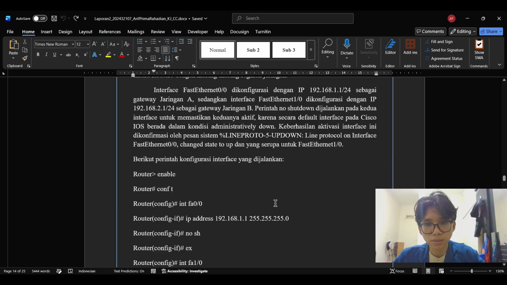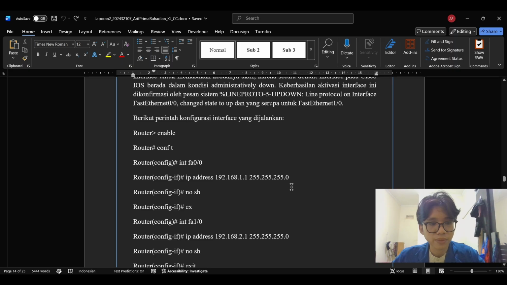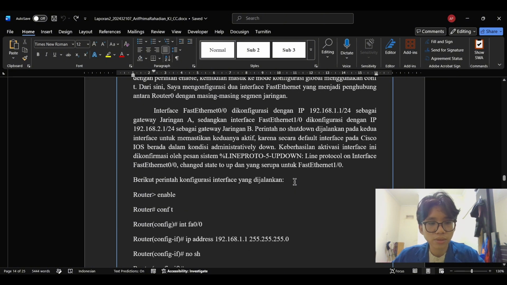FastEthernet 1/0 was assigned 192.168.2.1 with the same subnet mask, serving as the gateway for Network B. One important thing to note here is that by default, interfaces on Cisco IOS are in an administratively down state.